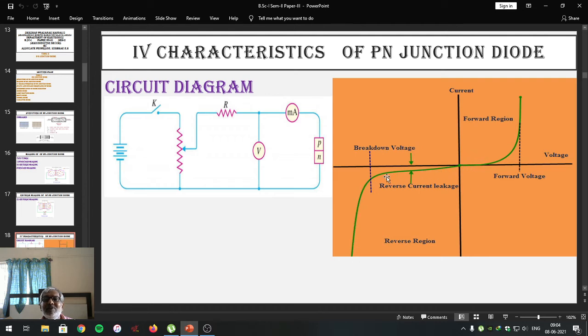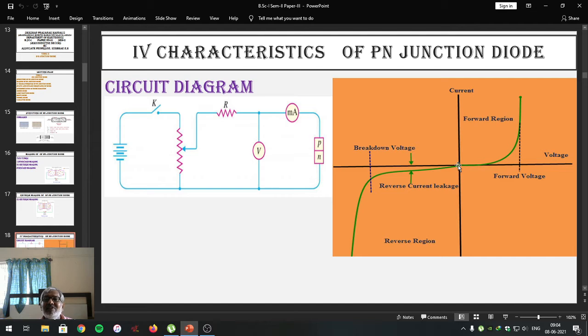From the nature of the graph in reverse bias condition of the p-n junction diode, we can say that at the beginning when the reverse voltage is 0, the reverse current is 0. As you increase the reverse voltage, the reverse current remains almost constant. At a particular voltage known as the breakdown voltage, a little current, in microamperes, will flow through it. The reverse voltage at which the junction breaks down and allows the current to increase in microamperes, that voltage we call the reverse breakdown voltage or breakdown voltage.